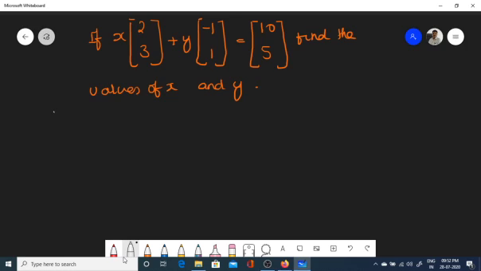ಈಗ ಇನ್ನೊಂದು ಉದಾಹರಣೆ, ಇಲ್ಲಿ x times the column matrix [2 3] plus y times the matrix [-1 1] equals the matrix [10 5]. ಇಲ್ಲಿ ಎಲ್ಲದೂ ಕೂಡ ಕಾಲಮ್ ಮ್ಯಾಟ್ರಿಕ್ಸ್ ಇದೆ. ನಾವು ಈಗ we have to use the properties and the concept of addition and equality of matrices and scalar multiplication